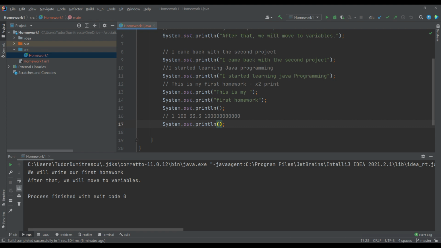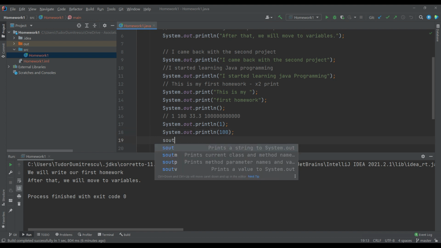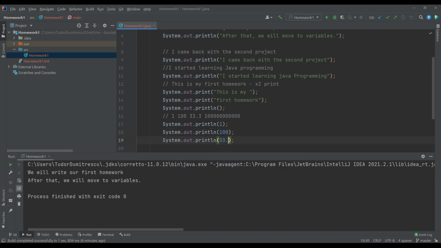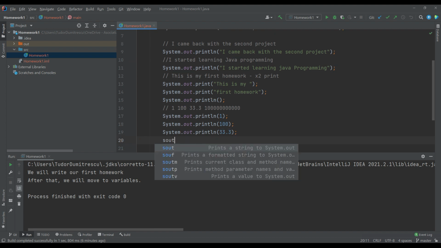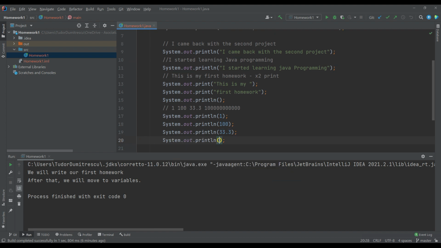To print the following four numbers, we will write four system out print lines. First I will pass the number 1, second 100, third 33.3, and to print the number 100 trillion, you will write 1, 11 zeros,